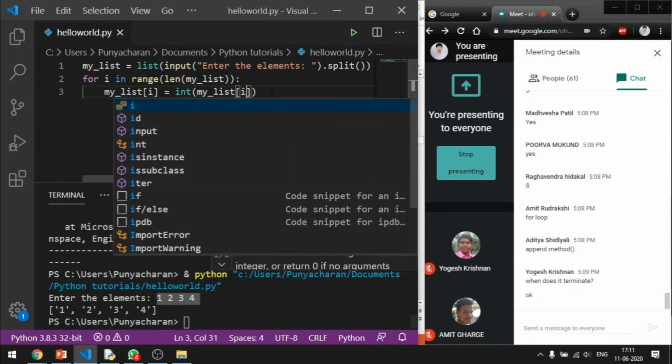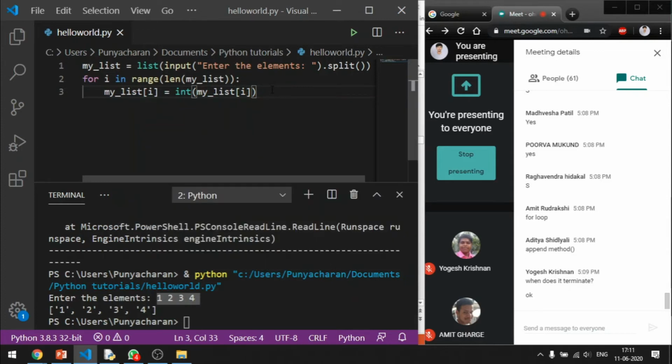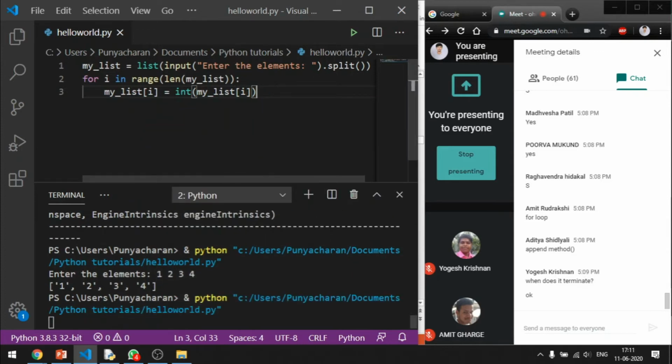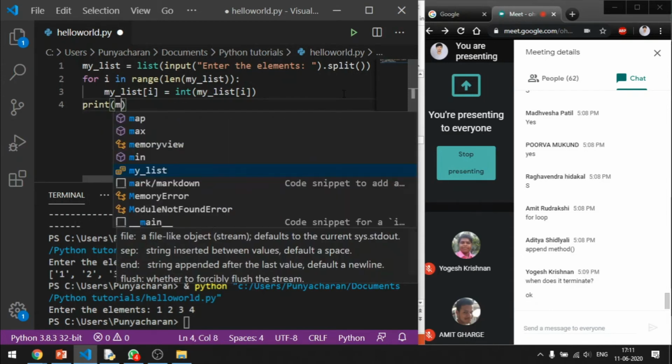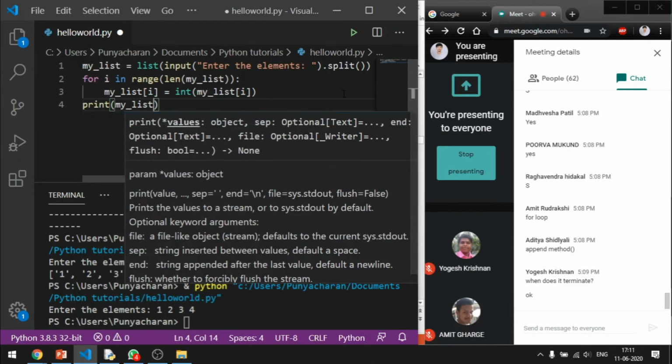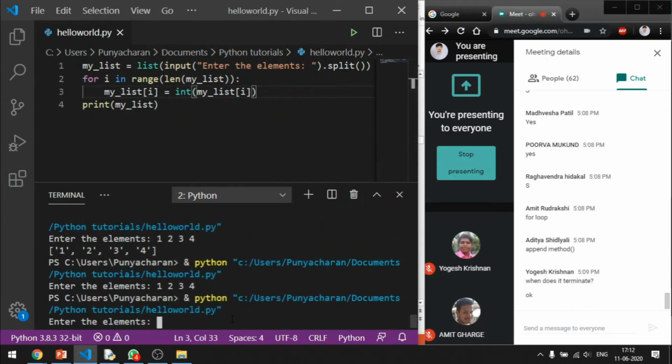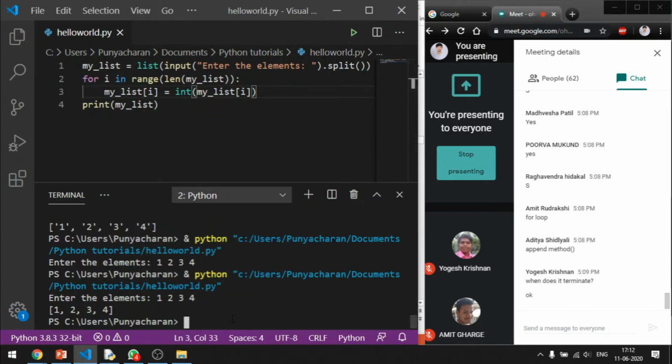There is definitely a better, more efficient way to do it, but let's start with simple, right? Enter the elements 1, 2, 3, 4. Okay, I forgot to print it. 1, 2, 3, 4. Here you go.